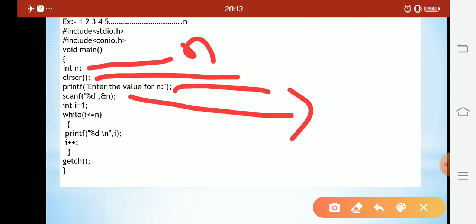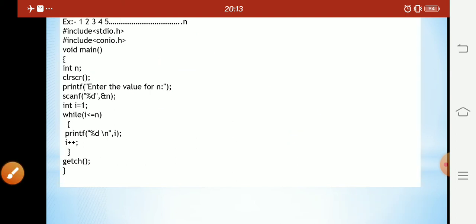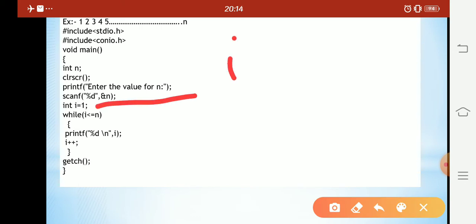Already we know the printf function is used for write purpose, and the scanf function is generally used for read purpose. Then here I have declared again one variable i and assigned the value 1 to i.